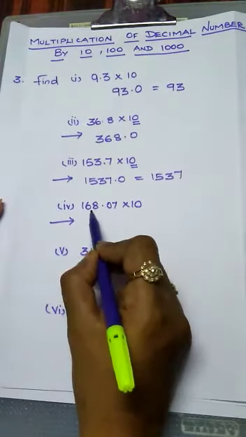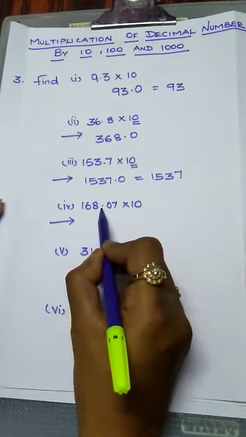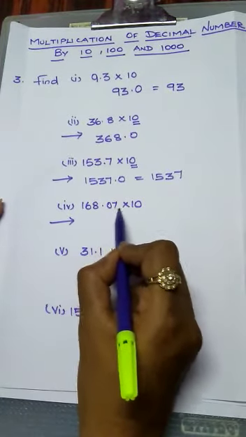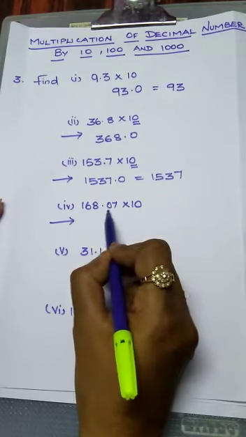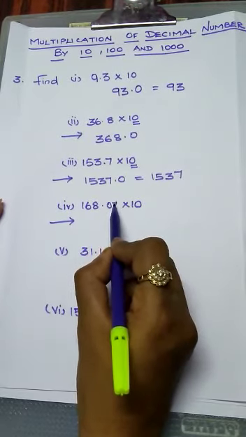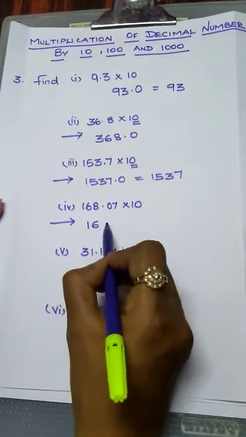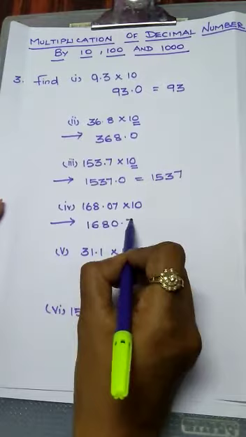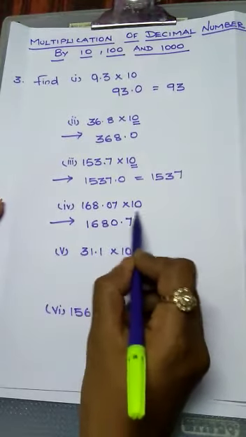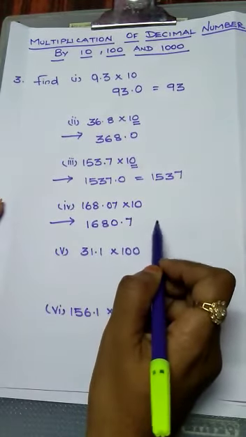again we are going to multiply a decimal number by 10. But after the decimal point, here 2-digit value is given, 0, 7 only. So only one place only after we have to move the decimal point. So 1680.7. Okay. And then we have to add 1 0, or that is not essential.